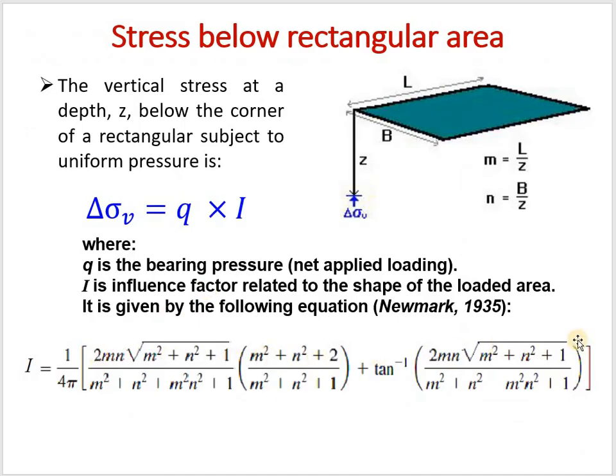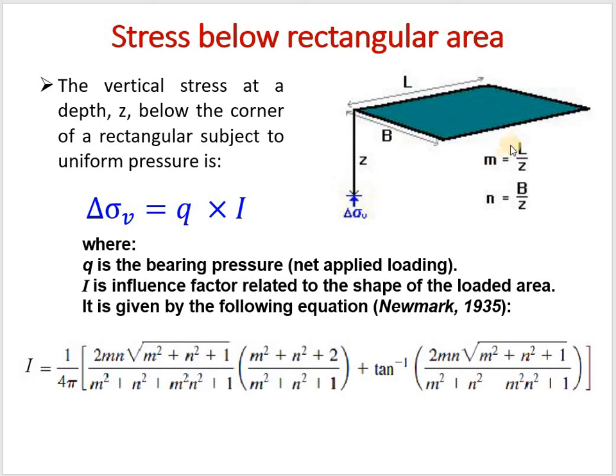So this is the equation to find the influence factor by getting the m and n. If you know the m and n, you can find the I value using this huge equation. Basically, for the exam, since it is difficult to memorize such a big equation, you will be given a table. Even in the problem I discussed earlier, you are given a table and you are only asked to find the m and